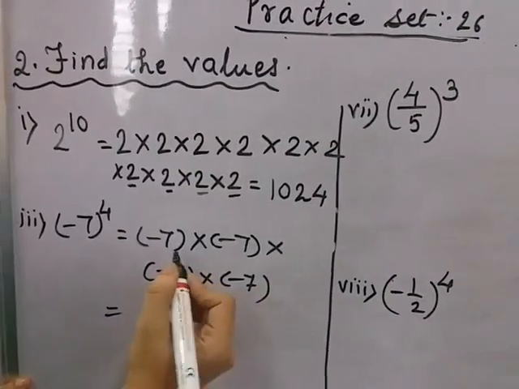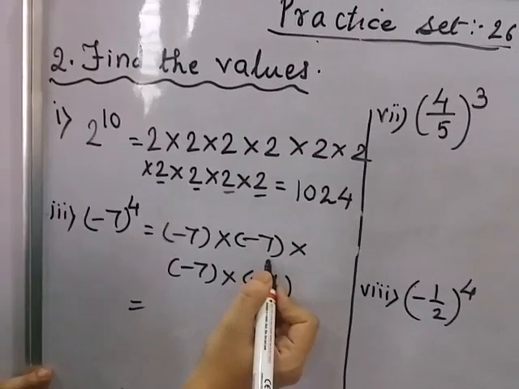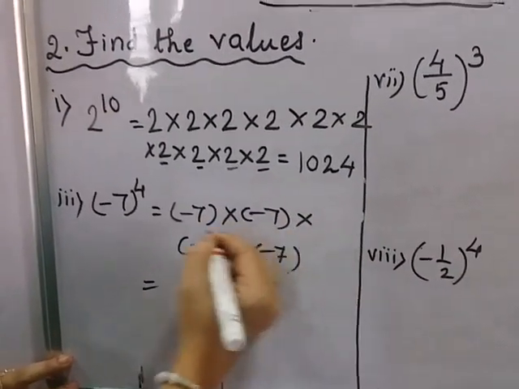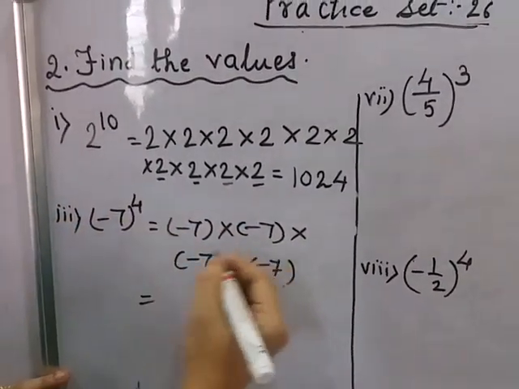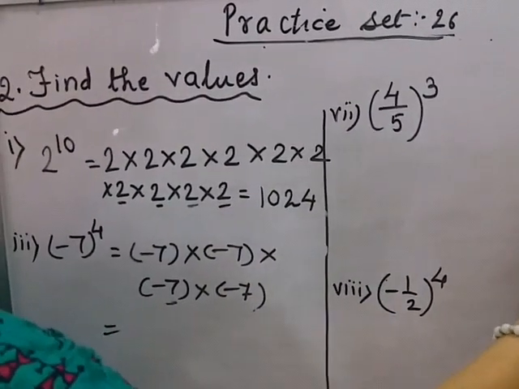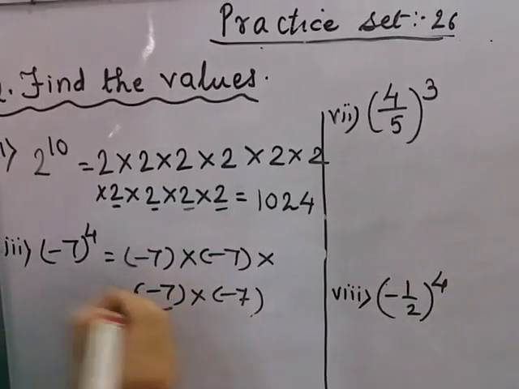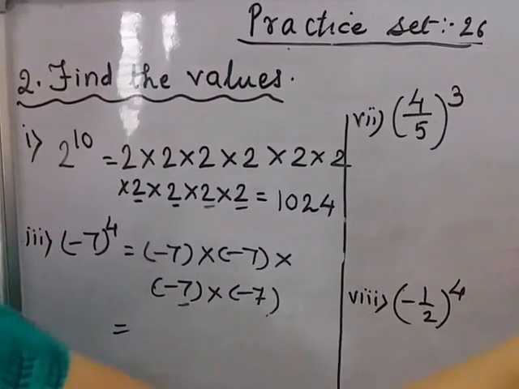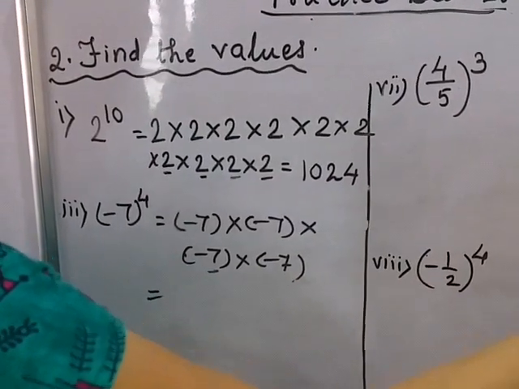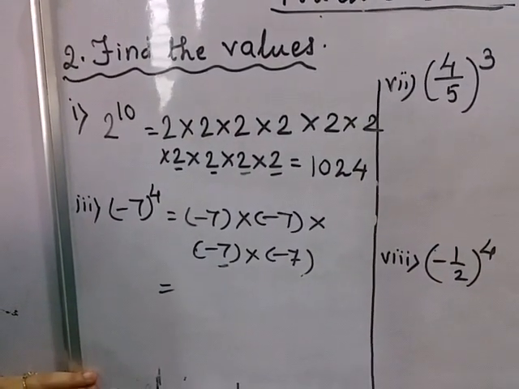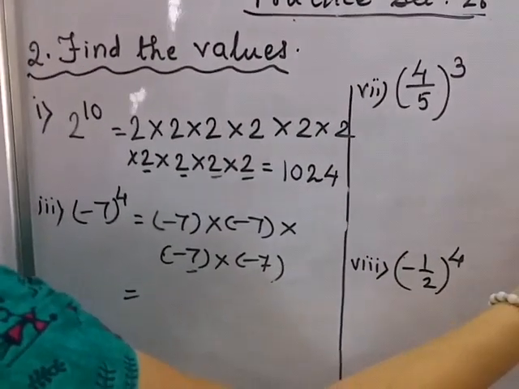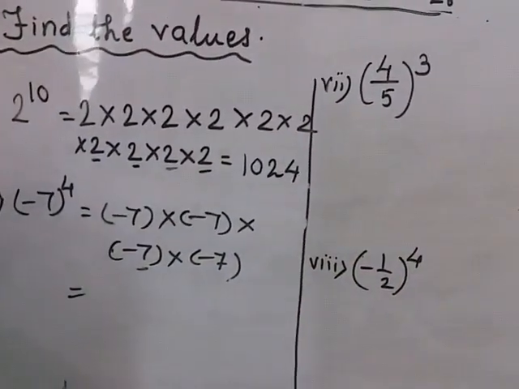Okay. So here negative 7 into negative 7. 7 sevens are, yes, it is 49. Okay. So this much multiplication we can do comfortably. Now come to the next. 49 multiplying by negative 7. Now here is a negative 7. So what is the answer we are going to get? Let's multiply. 63, carry 6. 7 fours are 28. So it is 343. One number is negative, one number is positive, so the answer is what? Negative.